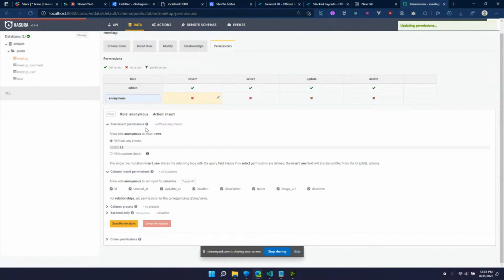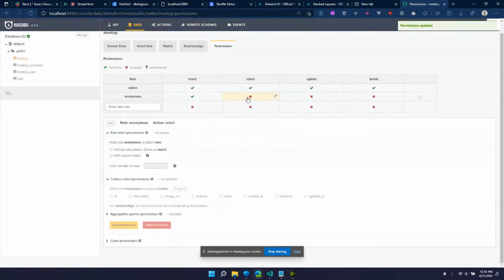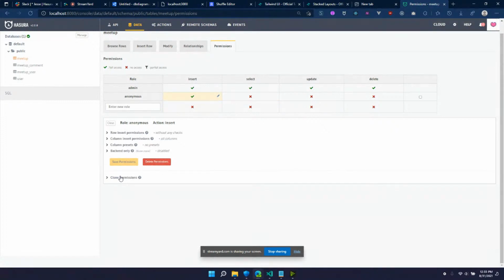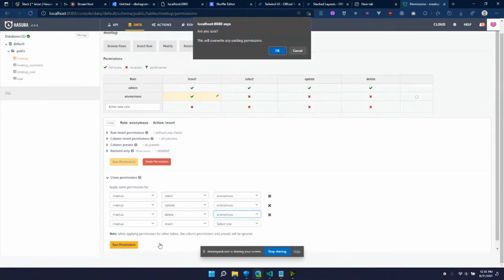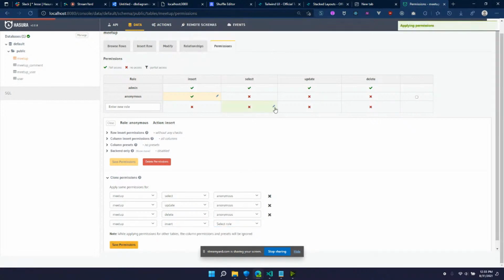So we'll do that, and we will see if we can clone permissions for basically, this should be for select, this should be for update anonymous, and this should be for delete anonymous, and save permissions. Okay,